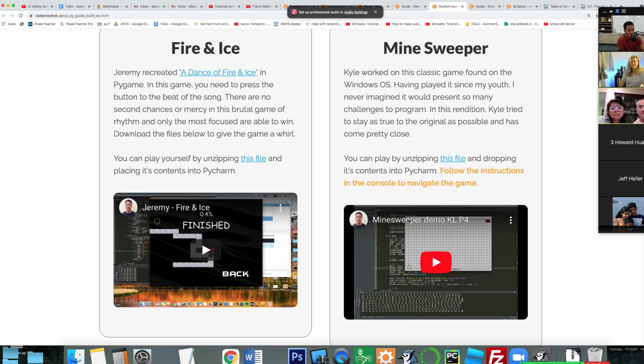And even though Minesweeper seems like a really simple game, when he was building it and we were working on it together, because every once in a while he'd come up and be like, Mr. Lee, I'm having this problem here. It's this really complex game. It requires complex problems to be solved in order to build the game. And so it was really cool to see that Kyle actually completed it. It's perfect, right? And so he's my TA this year. He's a senior. And I'll be able to write him a letter of recommendation that just pops. And I'm going to be talking about his